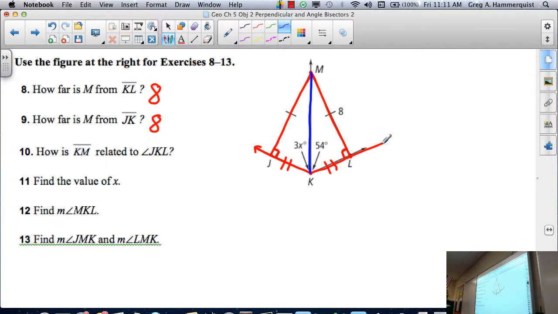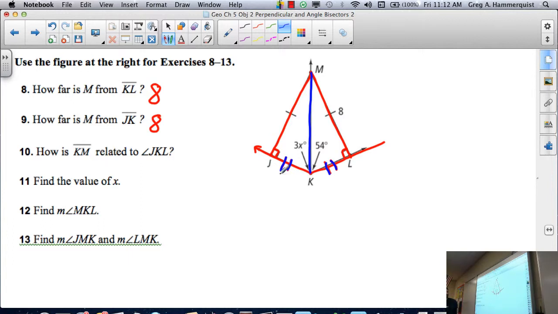Let's just prove first that these two right triangles are congruent. We should be able to do that because we've got two right triangles, LMK and JMK. They have a pair of legs that are congruent, the two sides marked with the one black tick mark. And their hypotenuses are the same. It's side KM, so by the reflexive property, they're congruent to each other. So these two triangles are congruent by hypotenuse leg, meaning that not only are these pair of sides congruent,